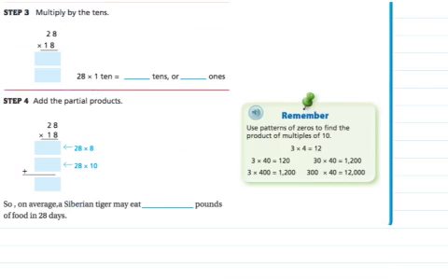Next, we're going to go on to step 3. We've already multiplied out the ones, and we've also added the regrouped 6. So what we do is we check to see what is next. We see that we have a 1 in the tens place, and that's what we're going to multiply out. But remember, it's not 1, it's really 10. So we're going to multiply 28 by 1 ten, and we get